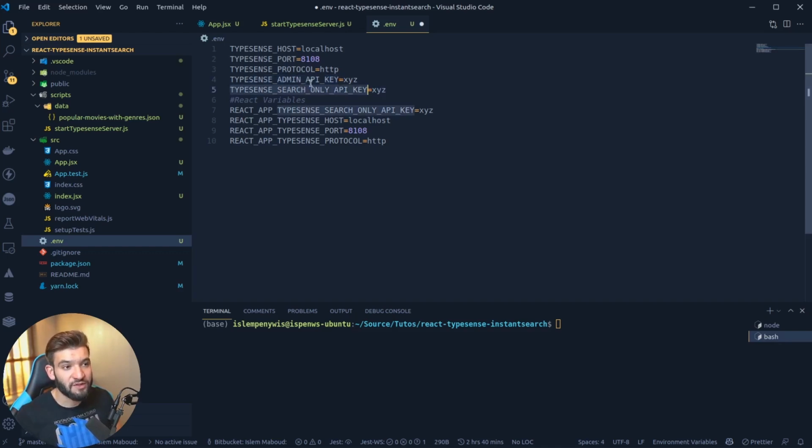But on the other hand, this Typesense search only API key is going to allow you to only search, and that's it. Just search for data and filter data. You can't delete data or add new data or anything like that. So this prevents any accidental leakage of the API key. And you can leak the search only API key on the UI, hard code it there, and you don't even have to worry about it, because it can be used for search only, and will not allow admin access or deletes or any kind of critical